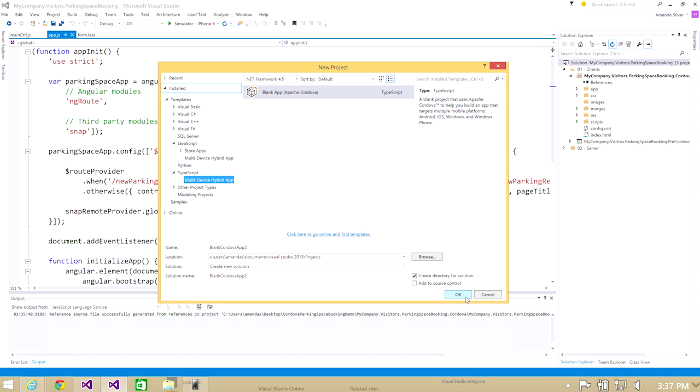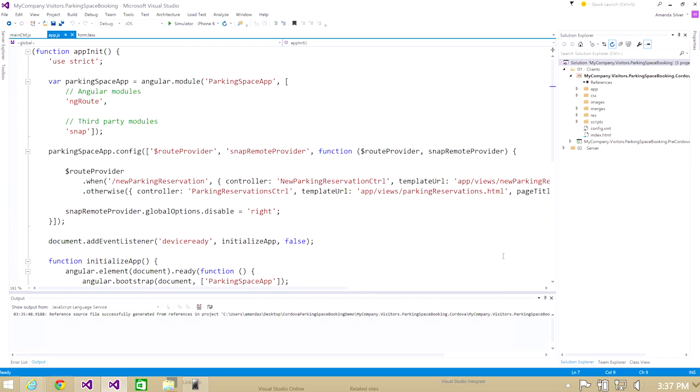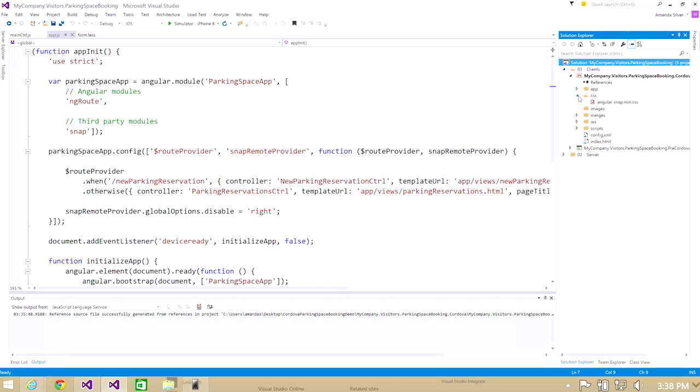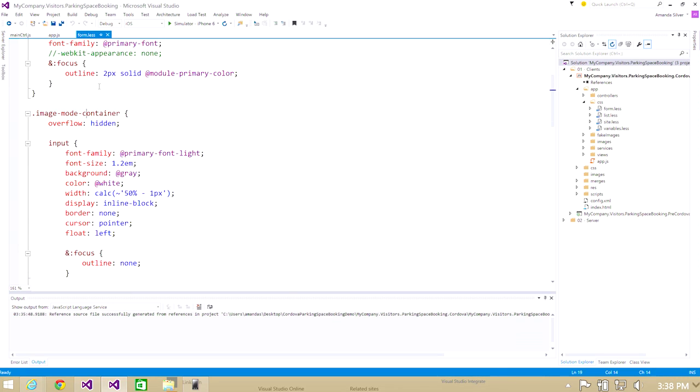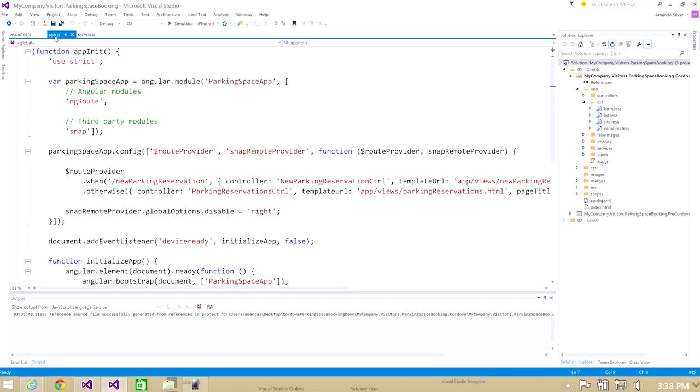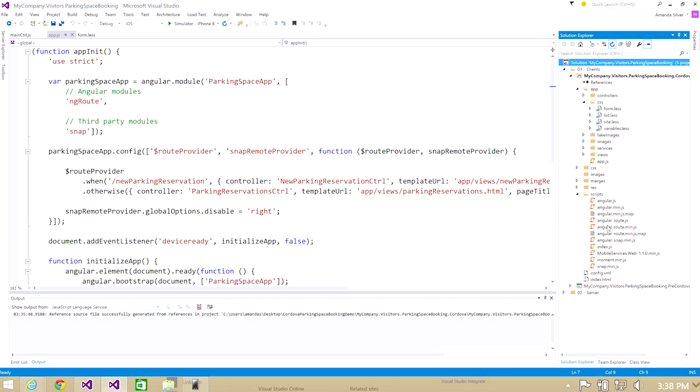I'm going to start with an app that I've already created, and what you can see here is that I'm using JavaScript, HTML, and CSS. Within the CSS, you can actually see, within the app, that I'm using Less. So we can see this form.less file. I'm using JavaScript in this case instead of TypeScript, but I could just as easily use TypeScript. And then within the scripts, you can see that I have dependencies on Angular in this case. Once you've written the app, you can deploy it to a myriad of targets: